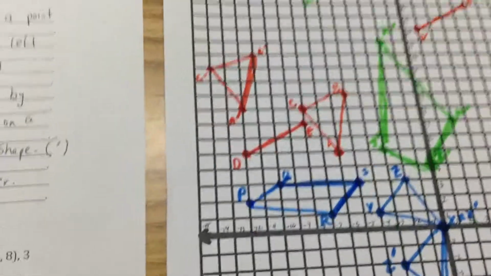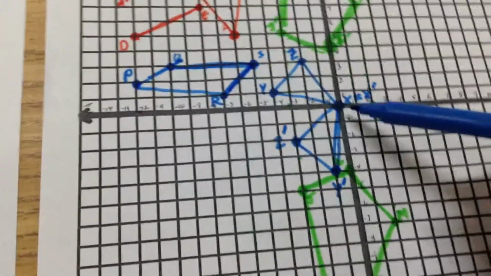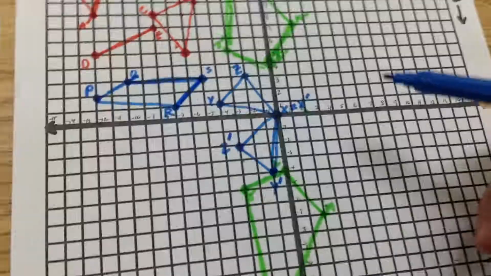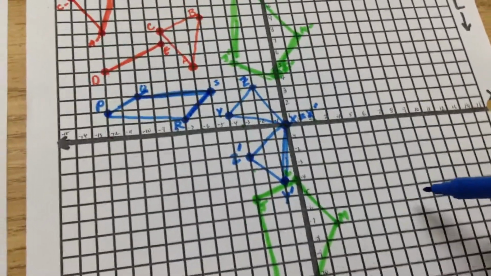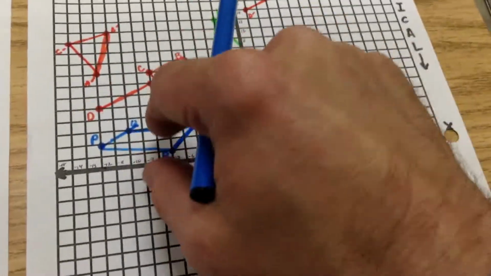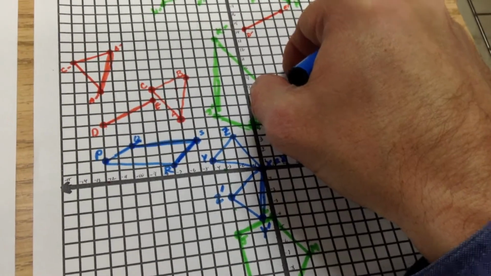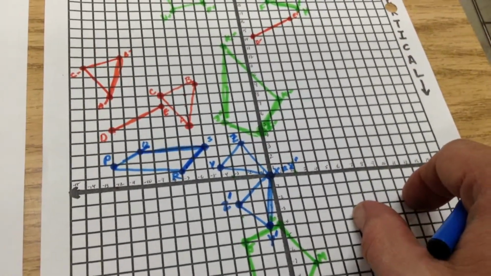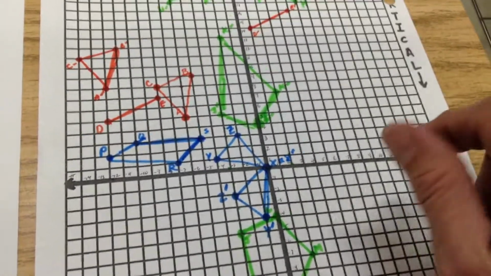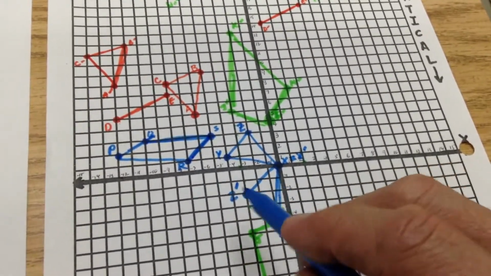Now, it says that we're going to rotate this one around the origin, which is still over here, 180 degrees clockwise. Well, 180 degrees is always going to be the opposite side over here. So if we imagine it, if I took this one and rotated it 90 degrees, it would be up here, and then another 90 degrees, it would be down here. So really, all I'm going to do is take all these points that I had, and I'm just going to flip the